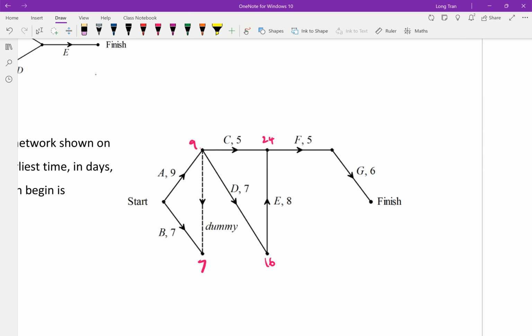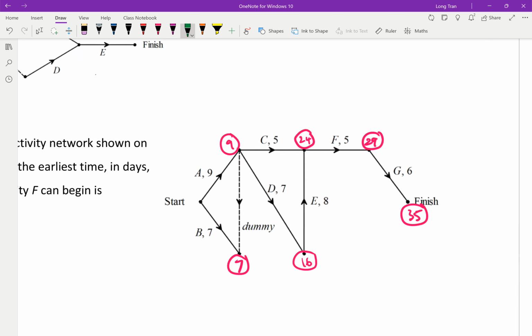So I can see then 24 is the value for that point. 16, there's no other way. 7, there's no other way. 9 is the best. And then from 24 plus the 5 gives me 29, and then 29 plus the 6. So this is all pretty standard here. So 35. And then to work out your earliest start time,